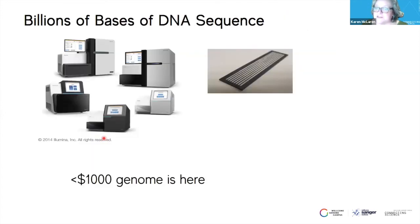The sequencing technique, so we still use Fred Sanger's concept of the fluorescent dyes, but the way that that is now sequenced is different. It takes place on a super small space, something like a microscope slide,